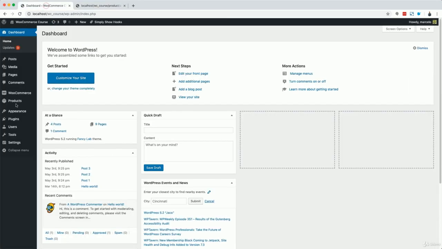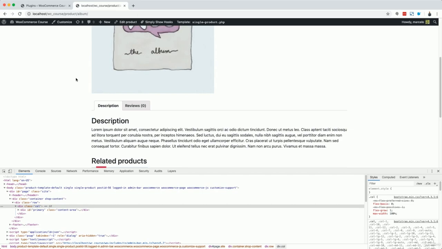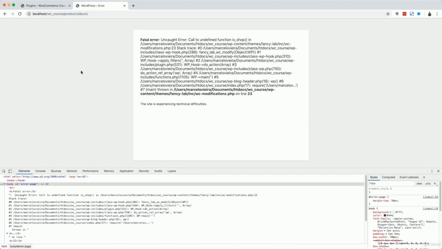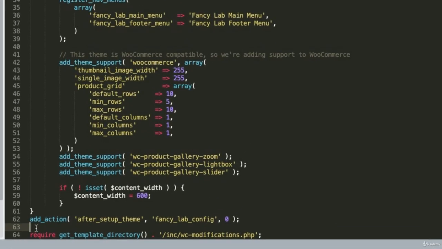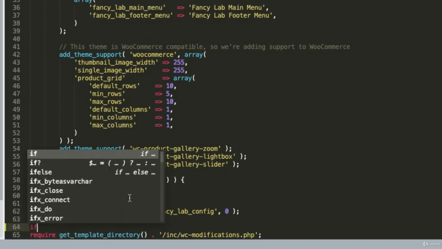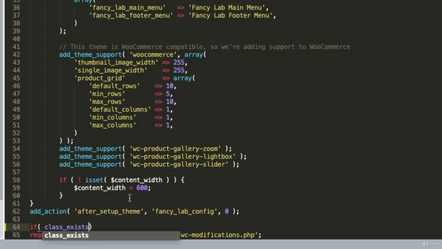To prove it to you, I'll do the following. I will disable WooCommerce and let's see what happens. So look at this. The theme doesn't work anymore. To avoid this, every time we have features that are unique to WooCommerce, we will perform a validation. It's pretty simple. We just type in here, if class exists